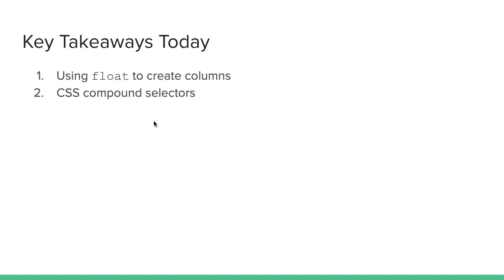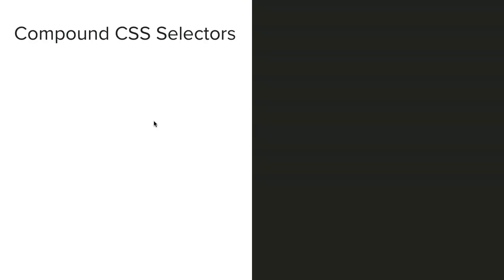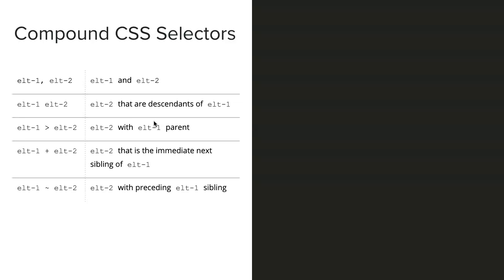Okay, so the key things to take away today are using something called float to create all these columns that I've been showing you. And then we're also going to be using something called CSS compound selectors, which I'll show you in just a second. Compound selectors. So we've played around with this a little bit in the first week. But as you recall, when it comes to CSS,